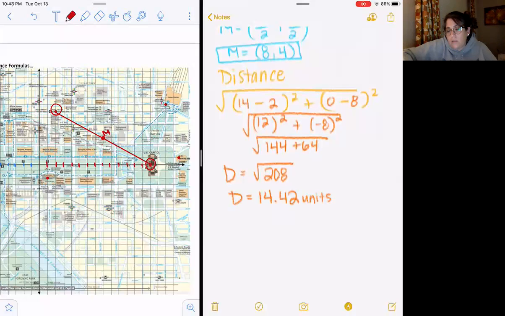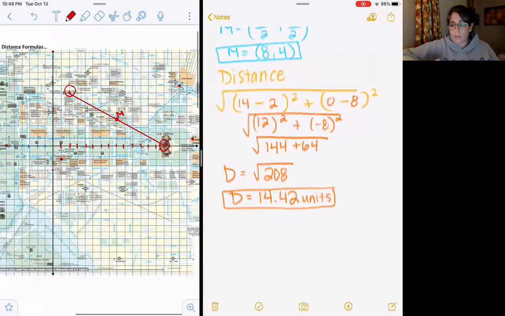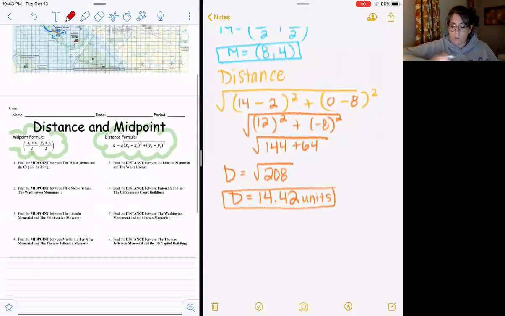I didn't give these values. I should have. Live and learn. I just made this lesson up. So that would be your distance, and that would be your midpoint. So you're not doing the same values on all of these, because I made different ones on each one. You're going to do just the midpoint for the ones on the left, and just the distance for the ones on the right.